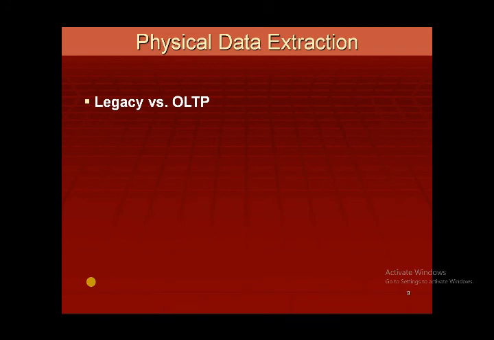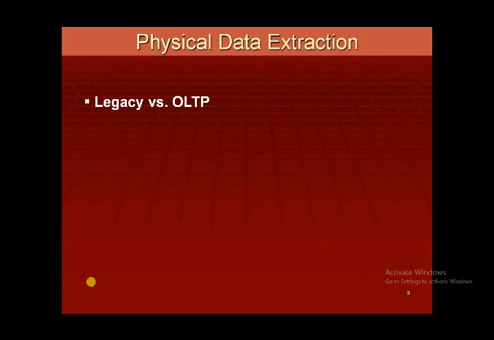So when we talk about physical data extraction, we can extract the data directly from the source system or from a different file that has been generated by the OLTP system. Now, why are OLTP systems used? OLTP systems are used to record transactions, and they keep the data for, let's say, a maximum of 90 days. Let's say some OLTP systems keep data that is only 1 week old. They could not keep data that is older.